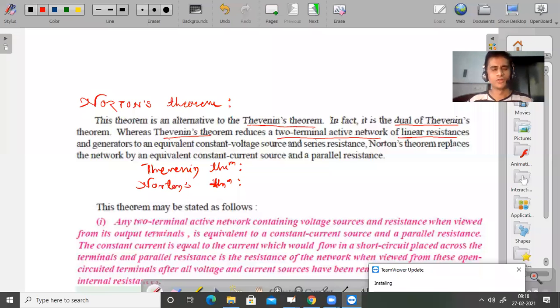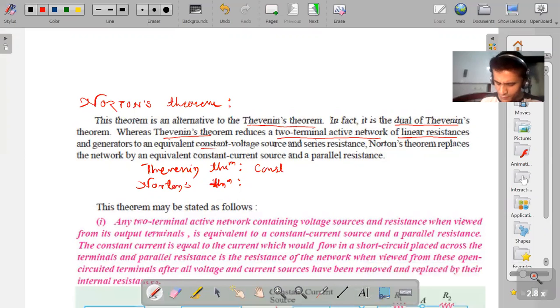Norton theorem is related to constant current source, and Thevenin theorem is related to constant voltage source. See, I'll underline this: constant voltage. Therefore, I will write Thevenin theorem is related to constant voltage